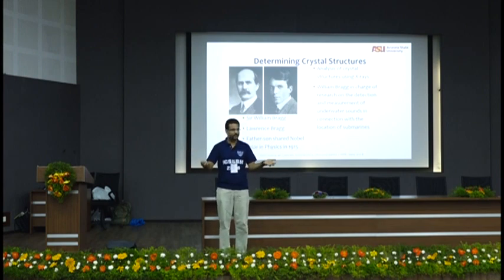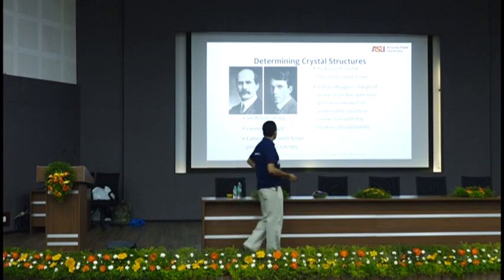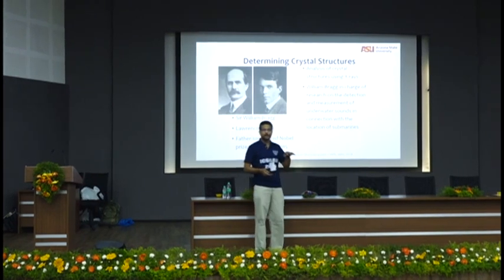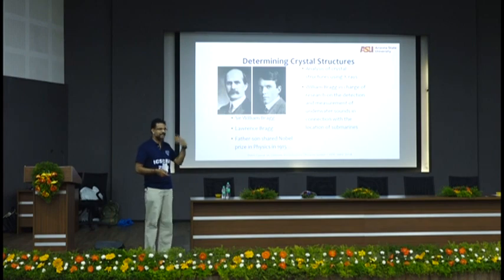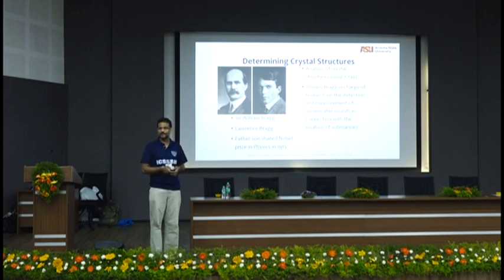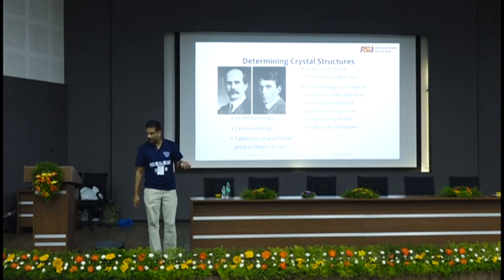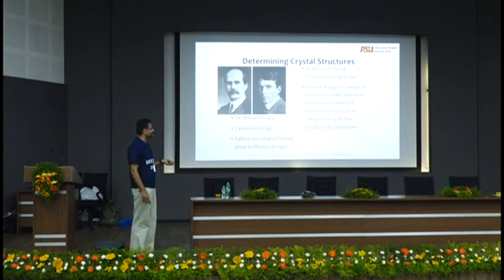They want to find out if enemy submarines are coming in. So they want to send sound waves through the water and detect submarines. William Bragg was in charge of determining and measuring where the submarines are underwater. And he accidentally did some work on X-ray diffraction and got a Nobel Prize. So basically an accidental Nobel Prize, just like that. He was doing something for fun and got a Nobel Prize for it, okay? And that's what we also think we should have, but it doesn't happen these days.